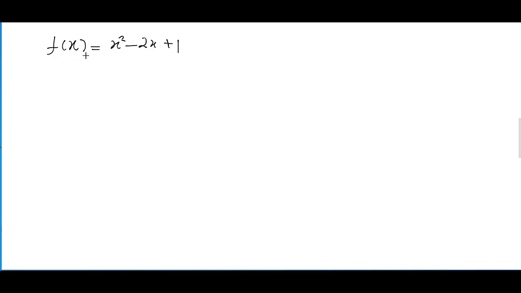And this is our quadratic expression. To find the inverse, we have to replace f of x with y. And you can see here, we can write this whole thing in this form, x minus 1 whole squared. We have converted this whole thing into completing square form, and now we have to switch y with x and x with y. And then take the square root on both sides.